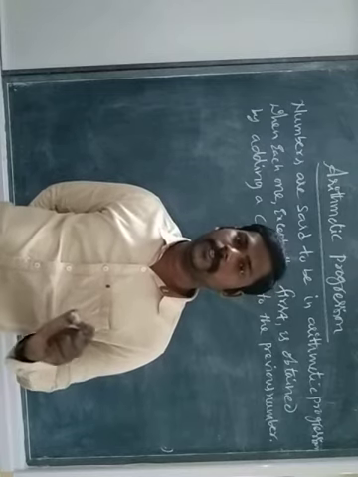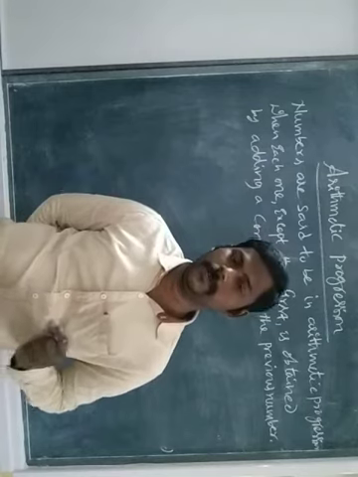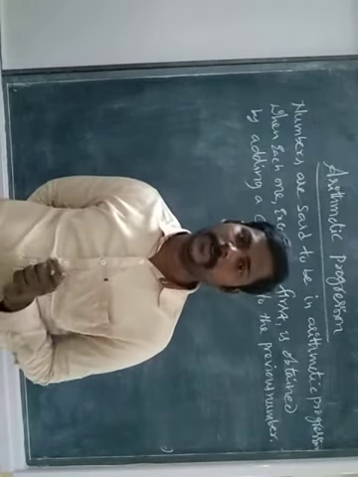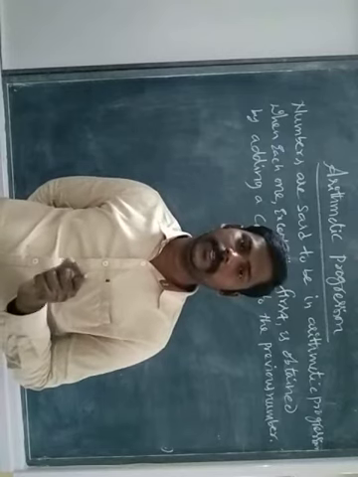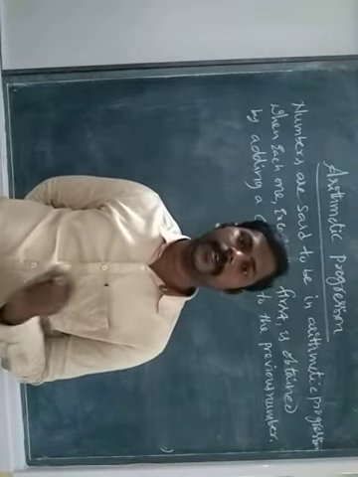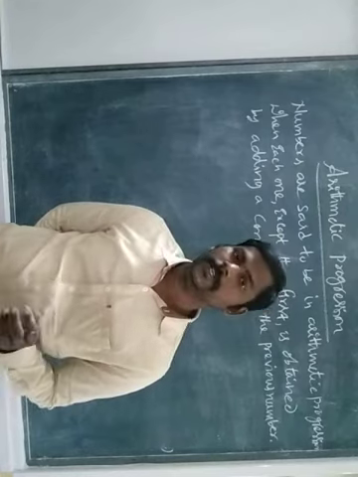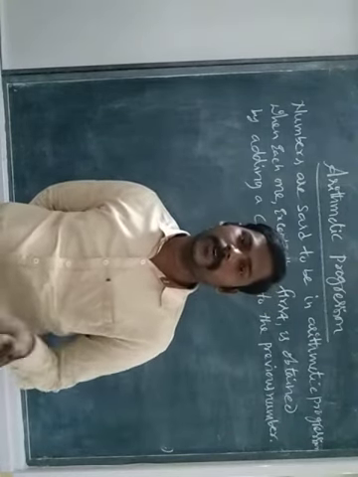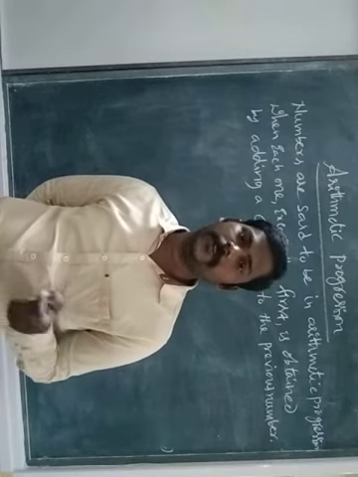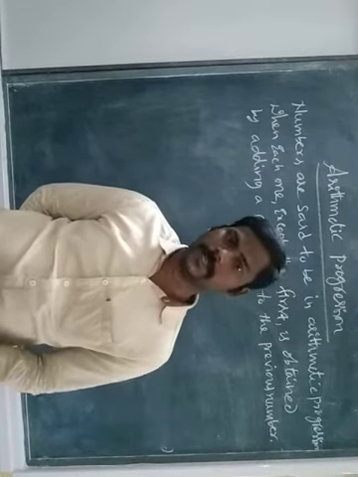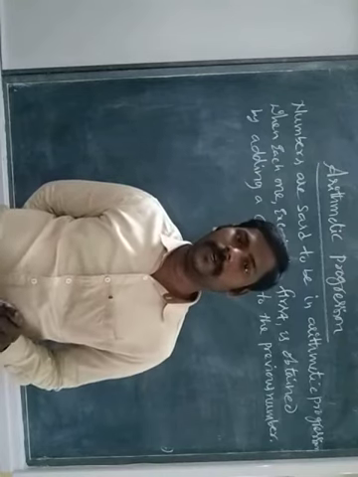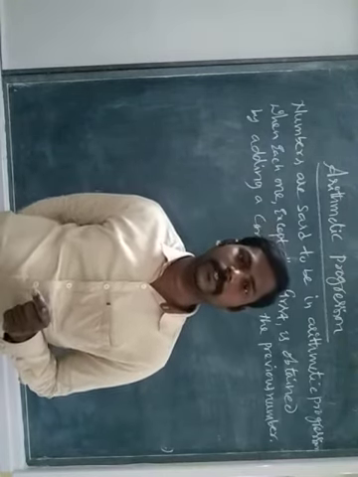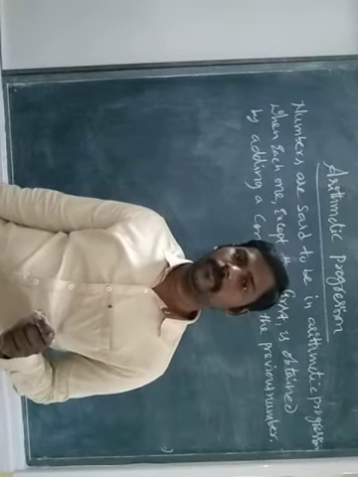In a sequence or series, we can denote each term: first term A1, second term A2, third term A3, fourth term A4, A5, A6 and so on up to An, or T1, T2, T3, T4 and Tn. Tn means the nth term of the sequence. We already discussed arithmetic progression. Today I am revising arithmetic progression: how to find the common difference, how to find the nth term, and some examples.